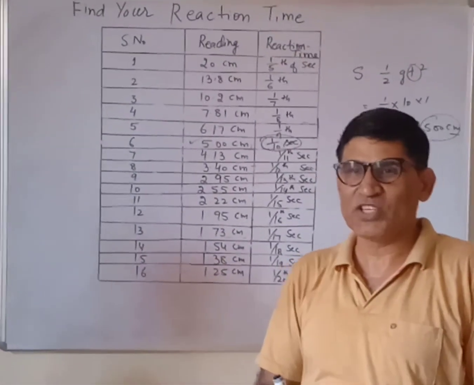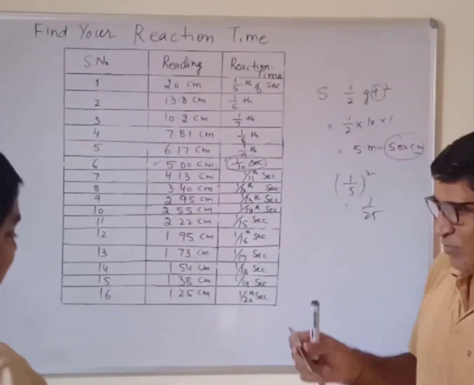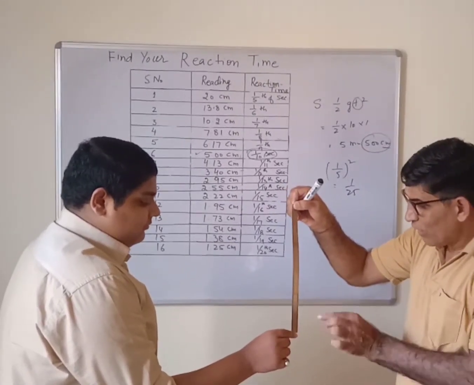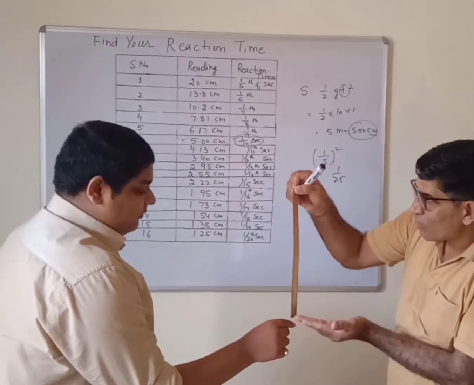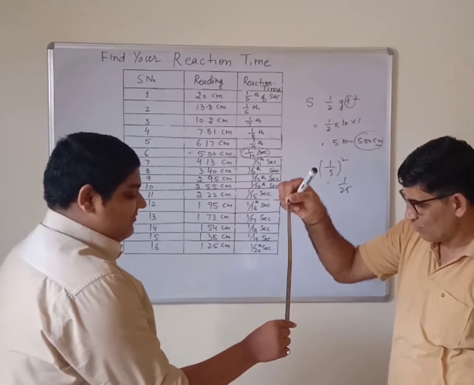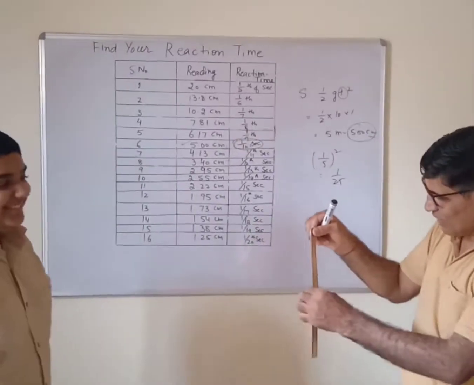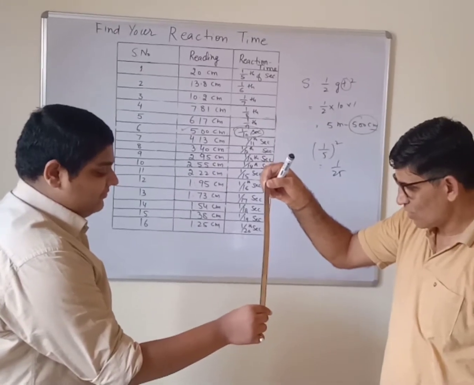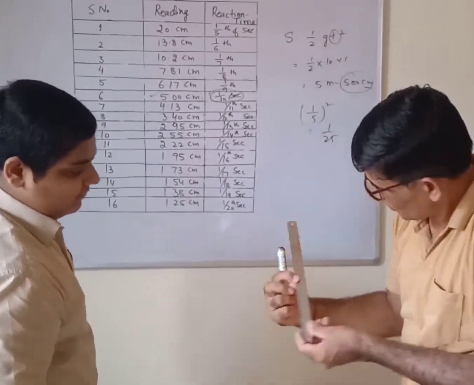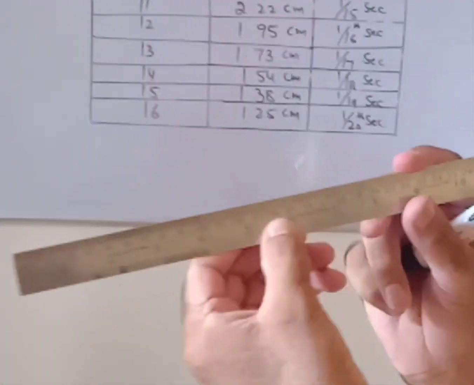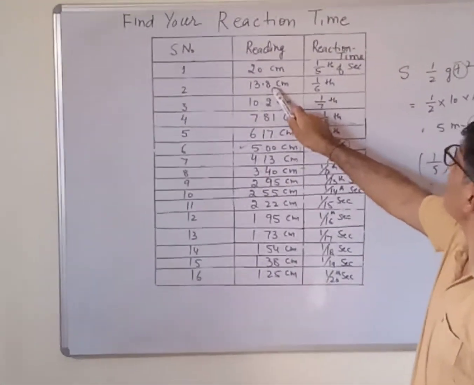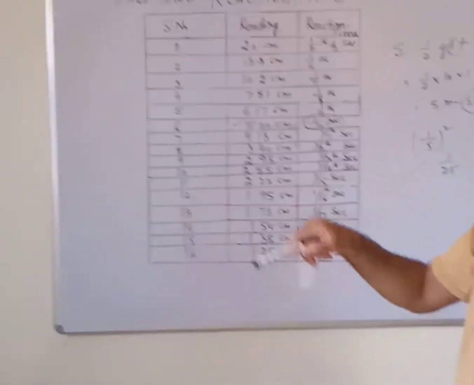Now I am calling Mr. Manav. Manav, come on please. We will gauge your reaction time. Are you ready? Yes. Okay, you have to keep your hand at this level. You cannot take it down. Ready? Let me release it. You will be given one more chance. I think you were not ready. This time it is 14 centimeter, and in this table 14 centimeter lies at nearly 13.8. The reaction time is 1/6 of a second. You will be given one more chance.